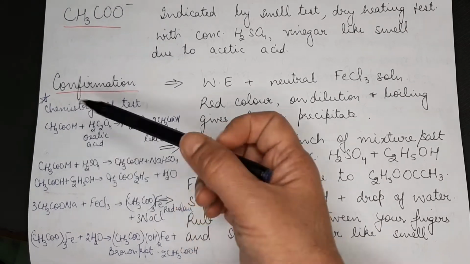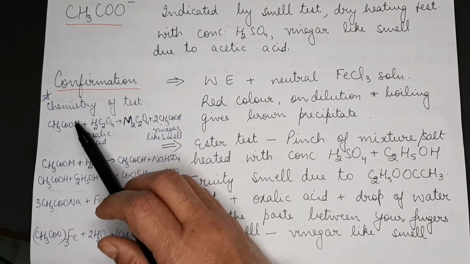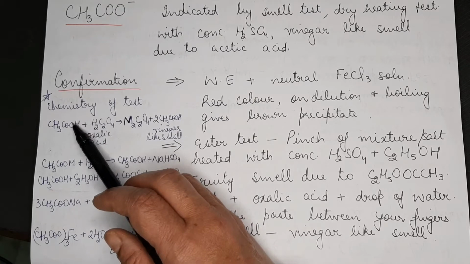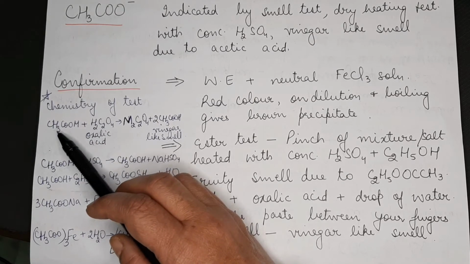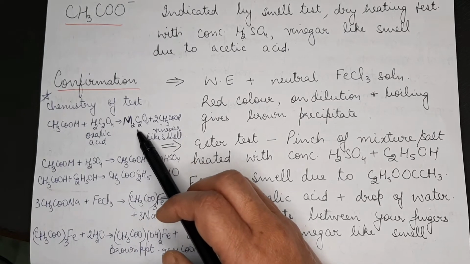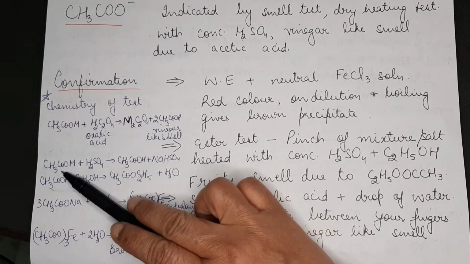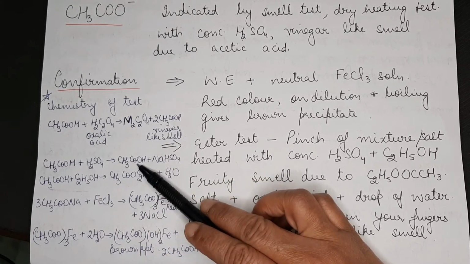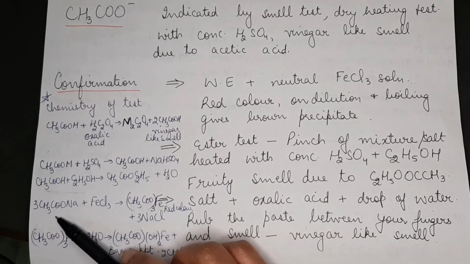This is not acetic acid, children. This is the metal acetate. Metal acetate means, if your metal is sodium or magnesium or lead, whatever metal you have here, the metal acetate is going to lead to formation of metal oxalate and acetic acid. Similarly, metal acetate and sulfuric acid will give acetic acid. Acetic acid with ethanol gives ester.